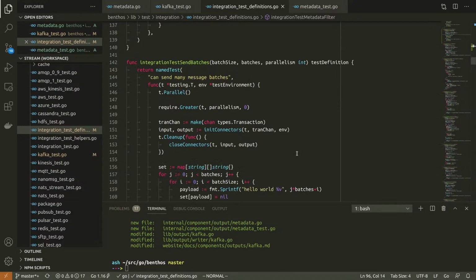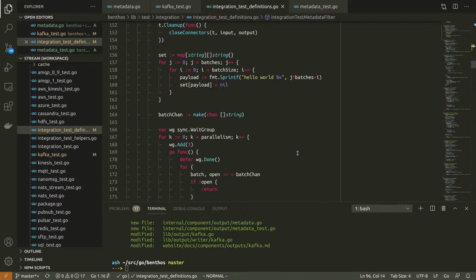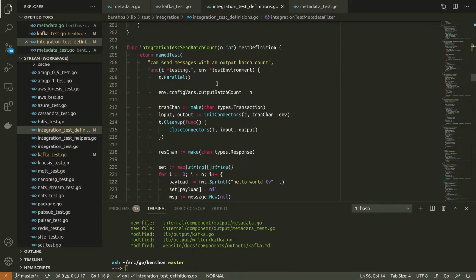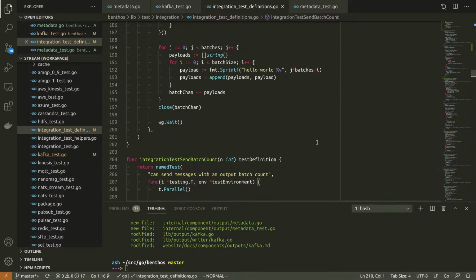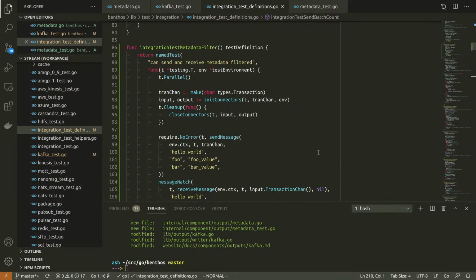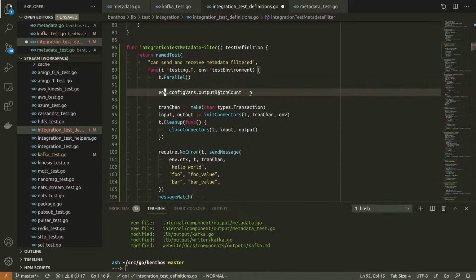Where do I do this stuff? Can send batches. Here we go. So we've got config vars, which is just a standard set of config variables for exactly this purpose. So I would set that at the beginning. So there's going to be output meta exclude prefix